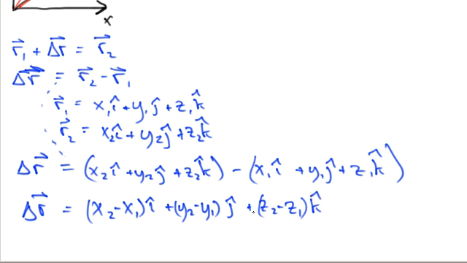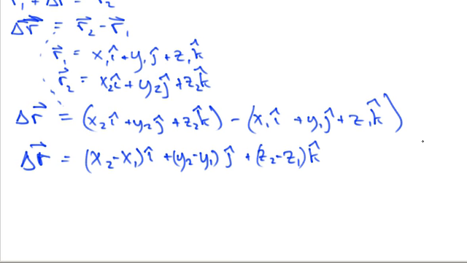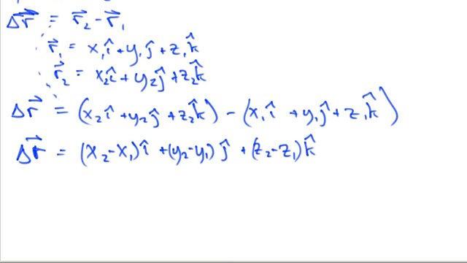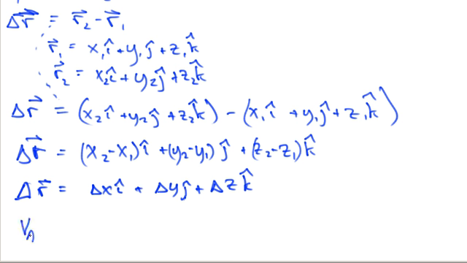So there's a displacement vector from position 1, which I said was the position of the particle at time t1, to position 2, which I said was the position of the particle at time t2. We can write this as just delta r is delta x times i plus delta y times j plus delta z times k, where I'm simply defining x2 minus x1 to be delta x, etc. And then the average velocity